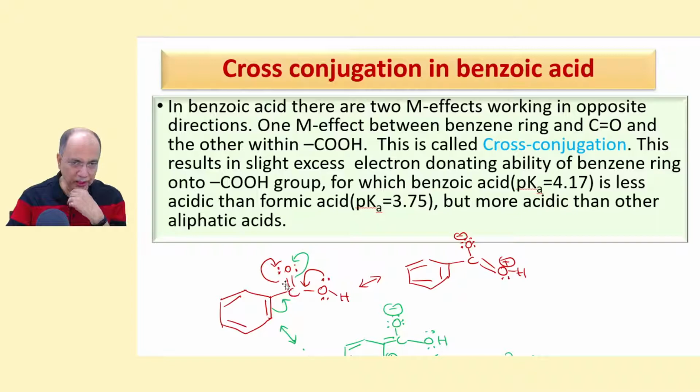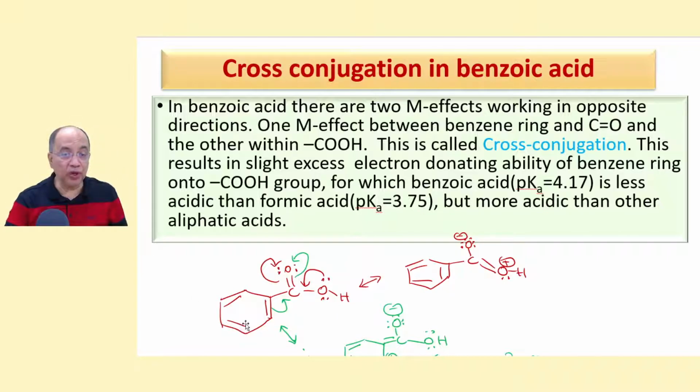This will go here and this will go here. So this is plus and this is minus. And the other is in the opposite direction between carboxylic acid. That is the internal conjugation. In carboxylic acid, this lone pair is an allylic lone pair with respect to a pi bond. So this is coming and this is going. The red arrow marks indicate the resonance that is present inside carboxylic acid. So these are happening in opposite directions.